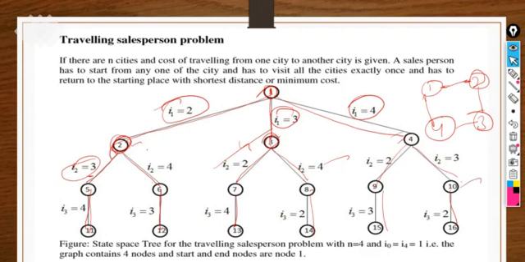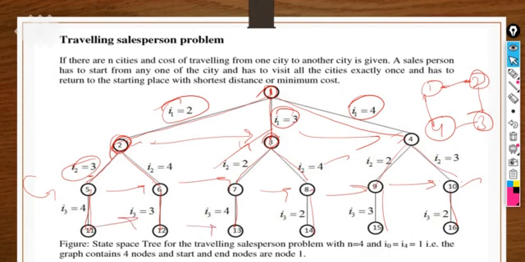After covering the nodes level wise up to now, like 2 to 3, 3 to 4, 4 to 5, then 5 to 6, 6 to 7, 7 to 8, we are covering all the possibilities level by level. That is a specialty of branch and bound actually. But in backtracking, what was there? In backtracking, first you have to come from 1 to node 2, 1 to node 2.